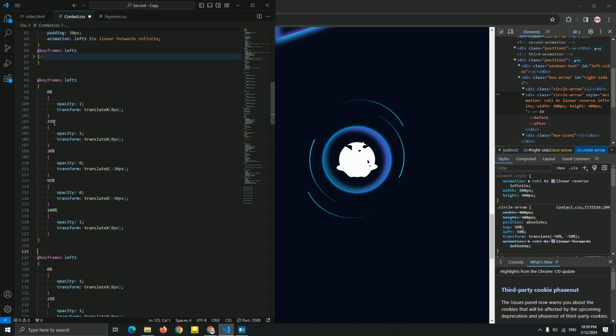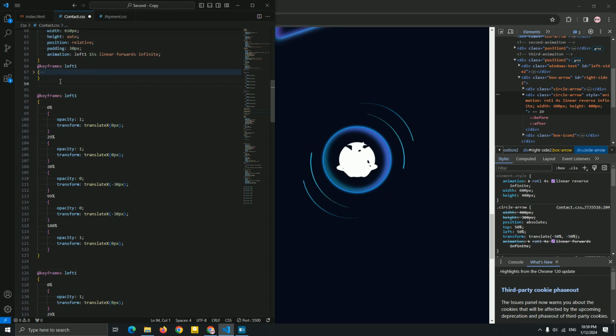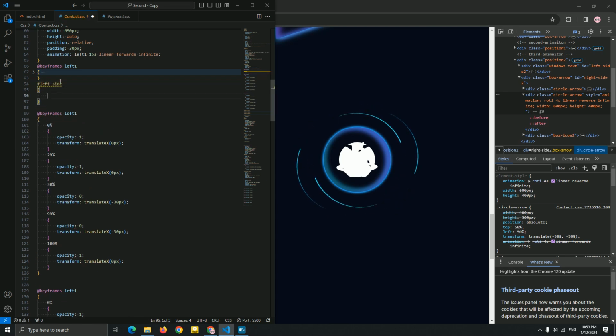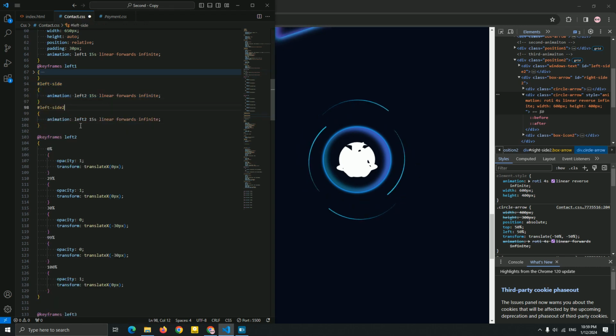Now for this left side, let me add it very fast. For the left side, I'm going to add the animations left 2 and left 3. Okay, left side 2, let me just add left 3.